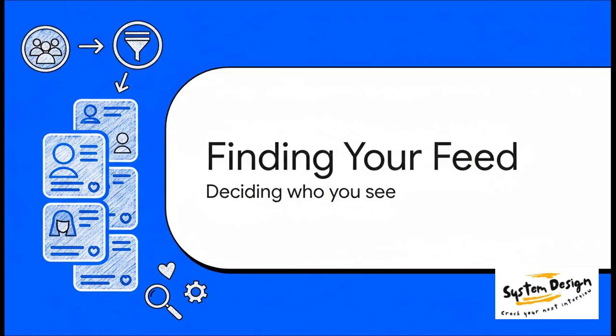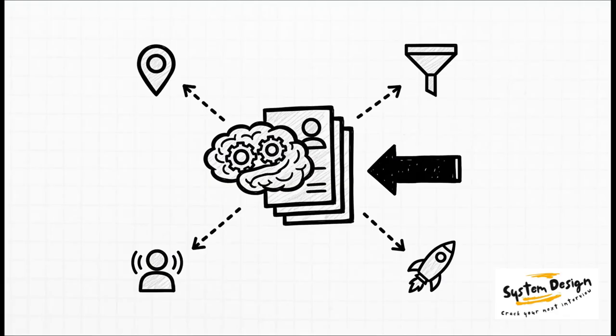So let's start at the beginning. Before you can even think about swiping, Bumble has a really important job to do. It has to figure out who to show you in the first place. This is all about building your feed. Right. That stack of profiles you're scrolling through, it's anything but random. There's a whole dedicated discovery service working behind the scenes, basically pre-building these lists of potential people for you. And it's looking at all the key stuff. Your location, obviously, your age and other filters, how active other users are, and yeah, even whether someone's using a premium boost. It's all about curating that list to give you the best possible shot at a match